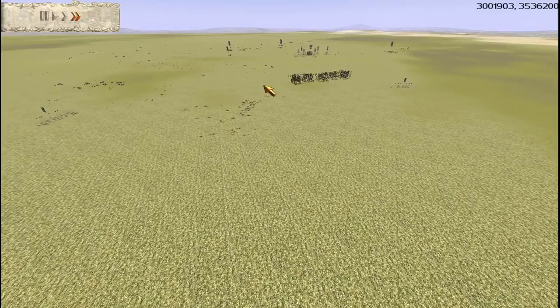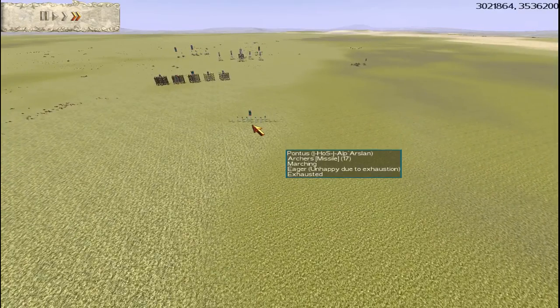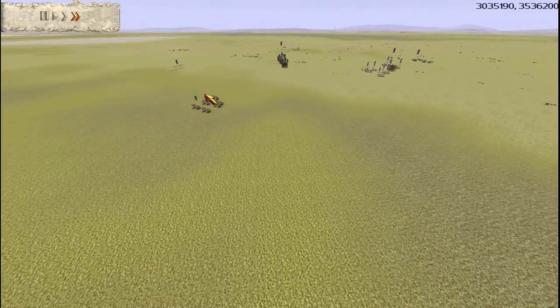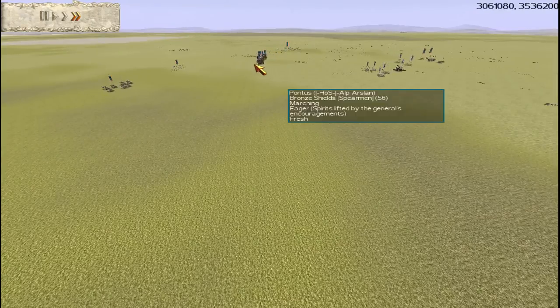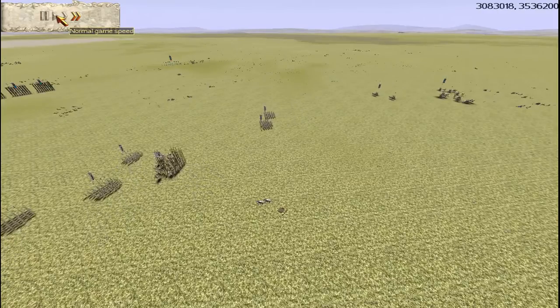These guys are very tired, very tired. The bronze shields are fresh. Iraklis is going to push on that unit of archers right there. So not really much Aragon can do. He just has to pull back his pike and try and get any shots that he can versus the enemy